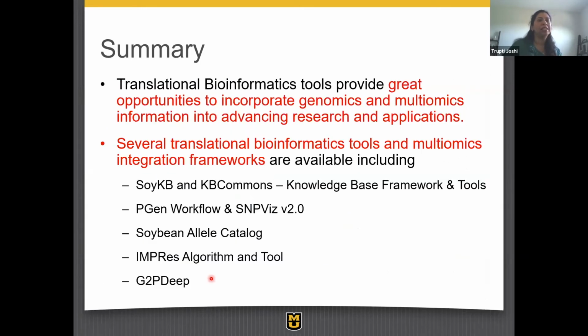So I think with that, I hope I was able to show you a whole journey and a suite of tools that we have developed over time, which allow us to apply these frameworks, pipelines and web-based tools to a lot of research applications. So this is, I would say, still just the beginning.